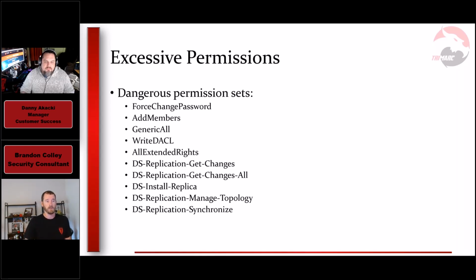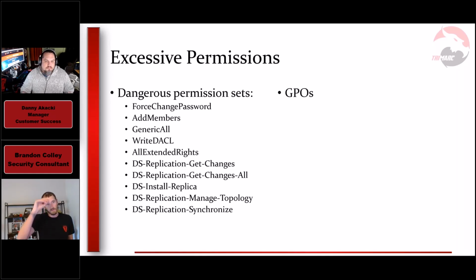But what about like these DS replication ones? So those first 2 that say DS replication, those come from a DC sync attack. So those are the permissions required to essentially force a domain controller to synchronize all of its assets to a location, and an attacker can exfiltrate all of the Active Directory data. Kind of a big deal. Those last 3, those are the brother or the sister to the DC sync, which is called the DC shadow. Similarly, you can stand up a rogue domain controller, one that's in the control of an attacker, and you can force it to replicate data to and from Active Directory. So it's also not so good. Easy way to exploit things.